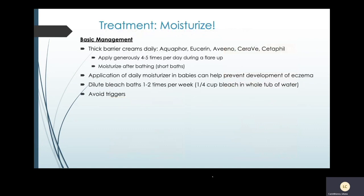So what is the treatment for this? The biggest thing to do for eczema is to moisturize. So some basic management, using thick barrier creams daily. Every day, some of my favorites include Aquaphor, Eucerin, Aveeno, CeraVe, or Cetaphil. I'm sure there are others, but they should come in a very, very thick cream. The thicker, the better. And we want to apply these generously 4 to 5 times a day, especially during a